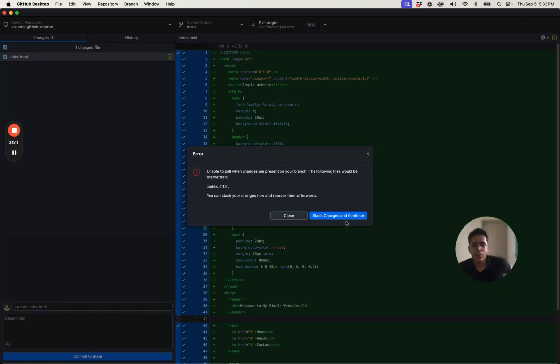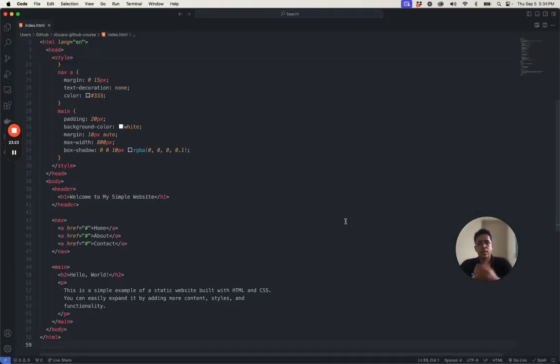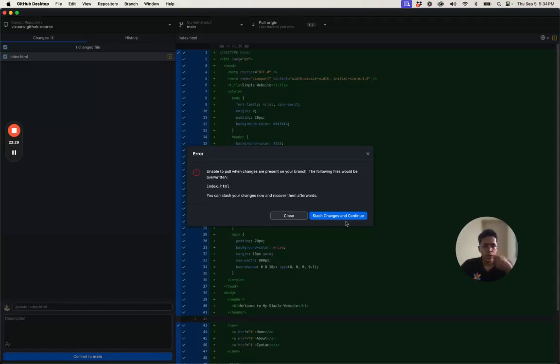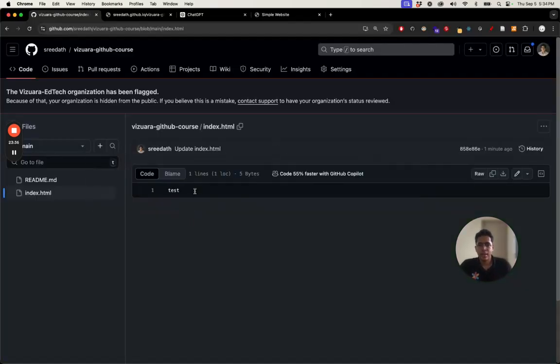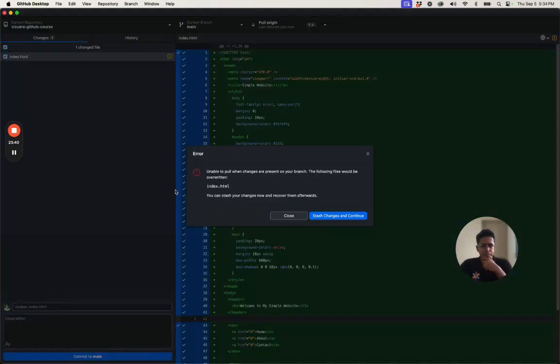What's happening right now is that in our local GitHub repository, which is on our computer, there are some changes. Basically, index.html looks like this. This index.html is the original ChatGPT generated website code. But what is being pulled from origin, I mean from the GitHub cloud, is this one. It's an index.html file with just this one line called test. So what is this error message that pops up? It says